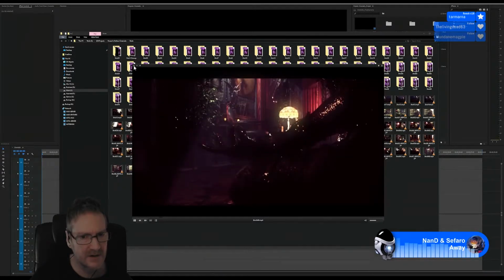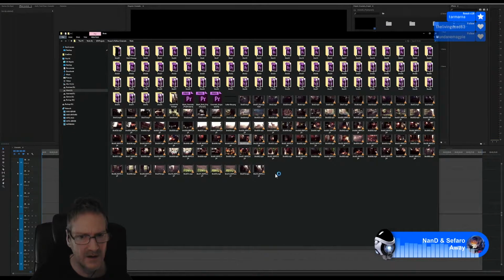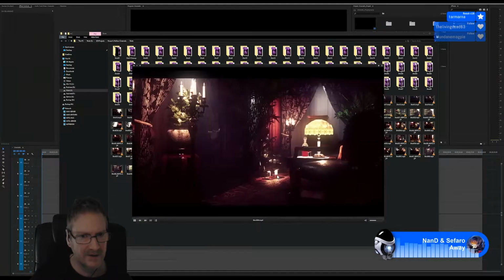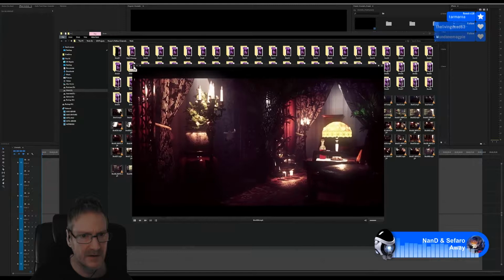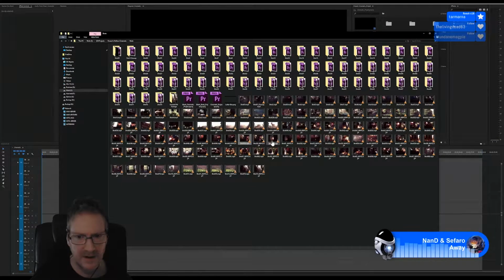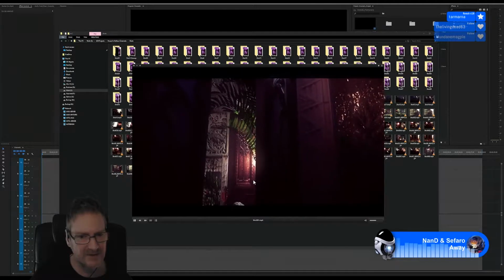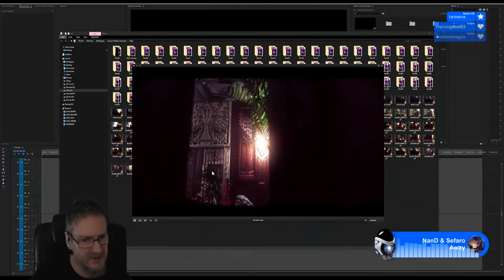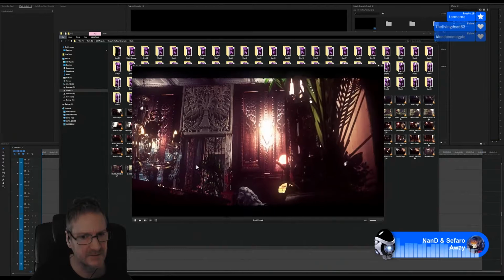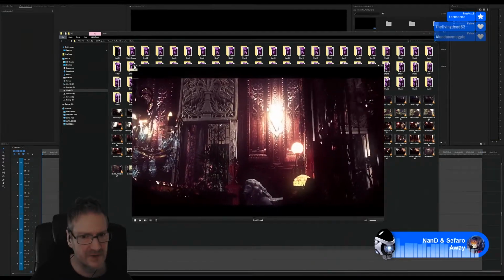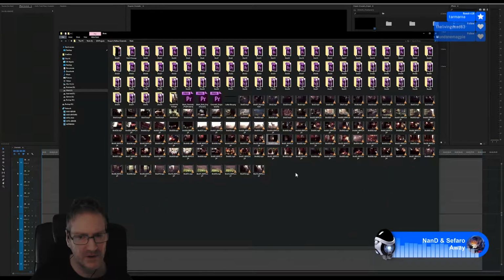So no, not that one. Not that one. This one, I think. Yeah, we leave the front hall and we come back in through the ballroom to get to the central stairwell. So this shot will be part of the ballroom.